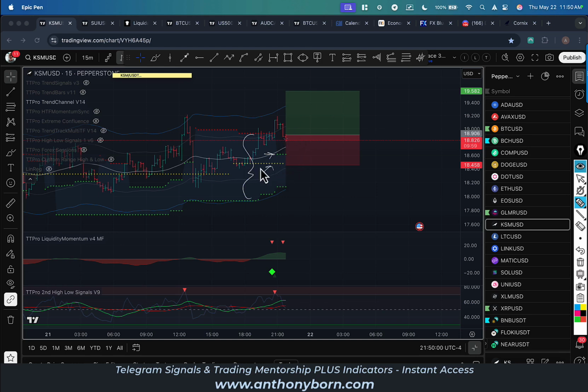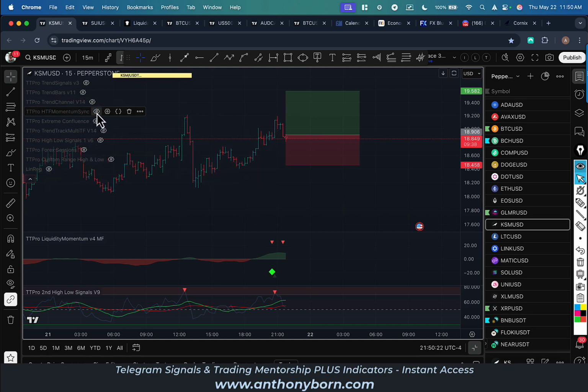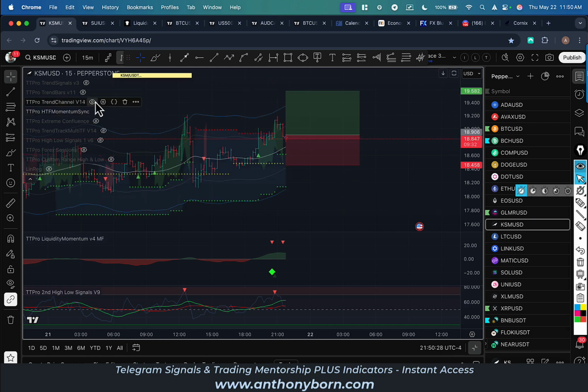This yellow is a daily, previous daily high or low. And we've also got orange and white. Orange is the weekly and white's the monthly. So that's the channel. Momentum sync will give you also added confluence with the stop loss level, and you can